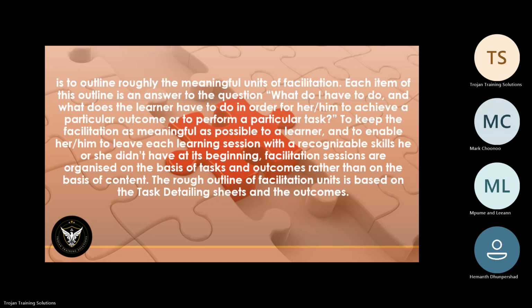For instance, now let's take the facilitation course. The first specific outcome of this course is plan and prepare. Now you can ask yourself, what do you need to do as a facilitator, and what does the learner need to do to be able to prove that he or she can plan and prepare for facilitation? Firstly, what you need to do is you need to present to the learner all the information and train the learner on that particular outcome.